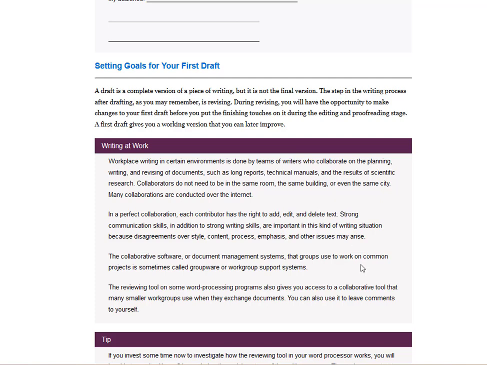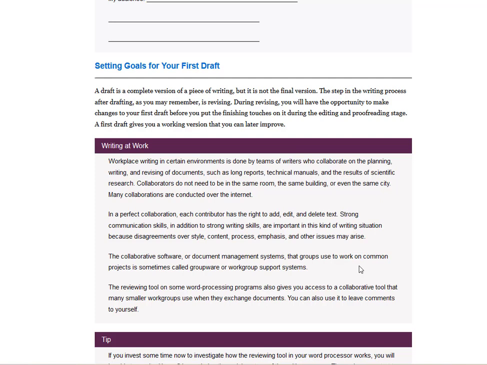Workplace writing in certain environments is done by a team of writers who collaborate on the planning, writing, and revising of documents, such as long reports, technical manuals, and the results of scientific research. Collaborators do not need to be in the same room, the same building, or even the same city. Many collaborations are conducted over the internet.